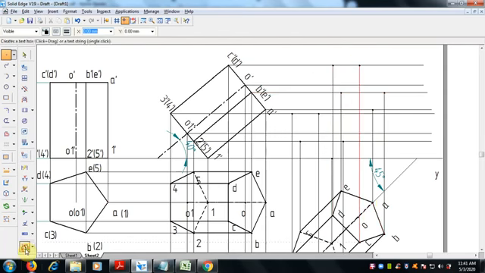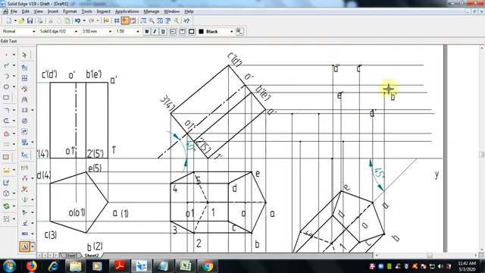So mention A dash. Naming is very important so that we will avoid mistakes. C dash, D dash and E dash.